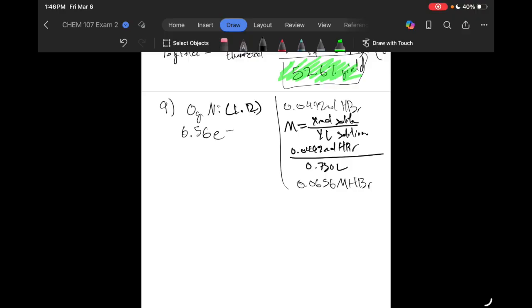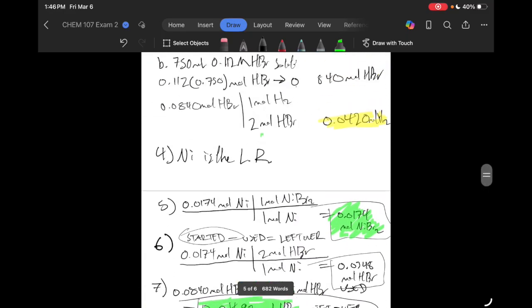times 10 to the negative 2 molar solution of HBr. E to the negative 2 is the same as 10 to the negative 2 power. I just write E to negative 2. It's quicker for me. Okay. So that's HBr. So next is